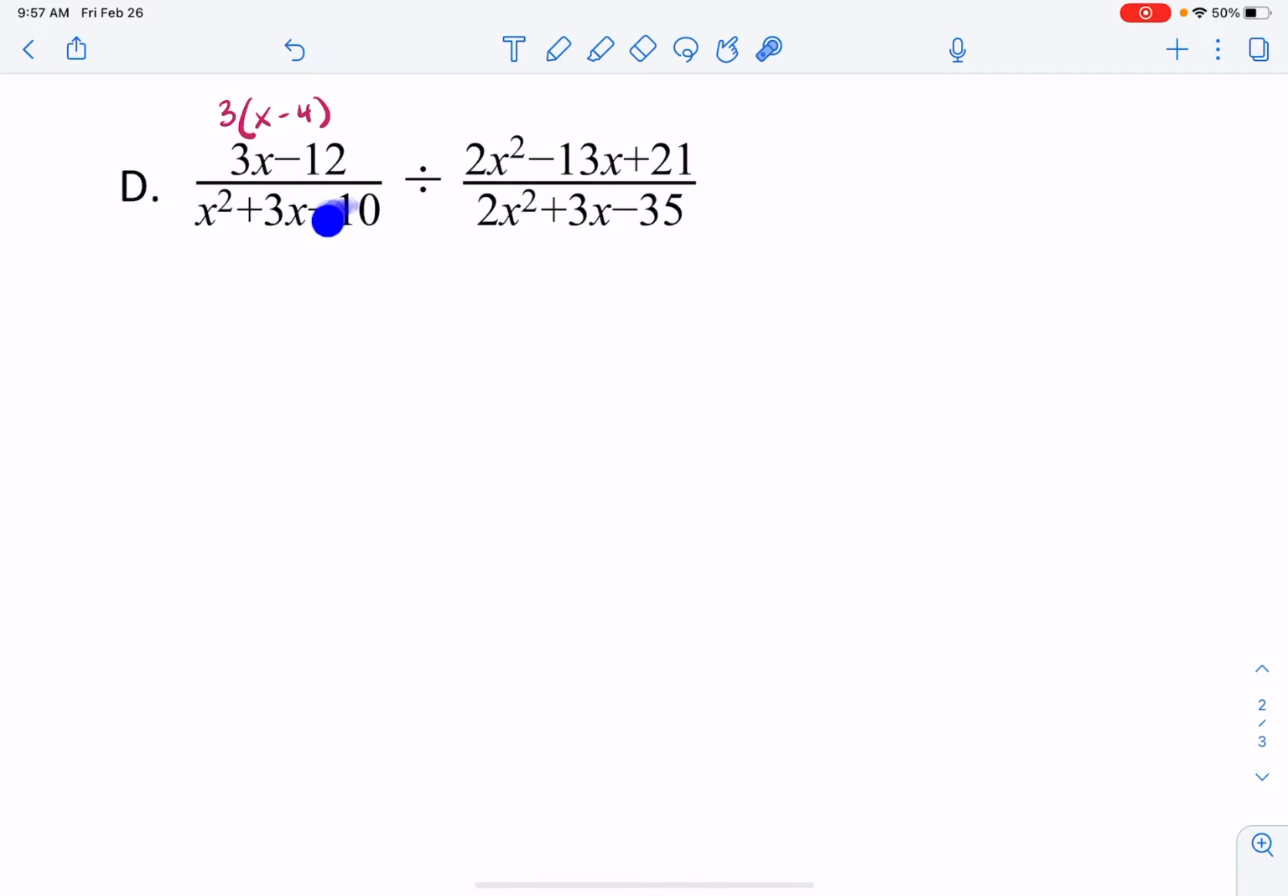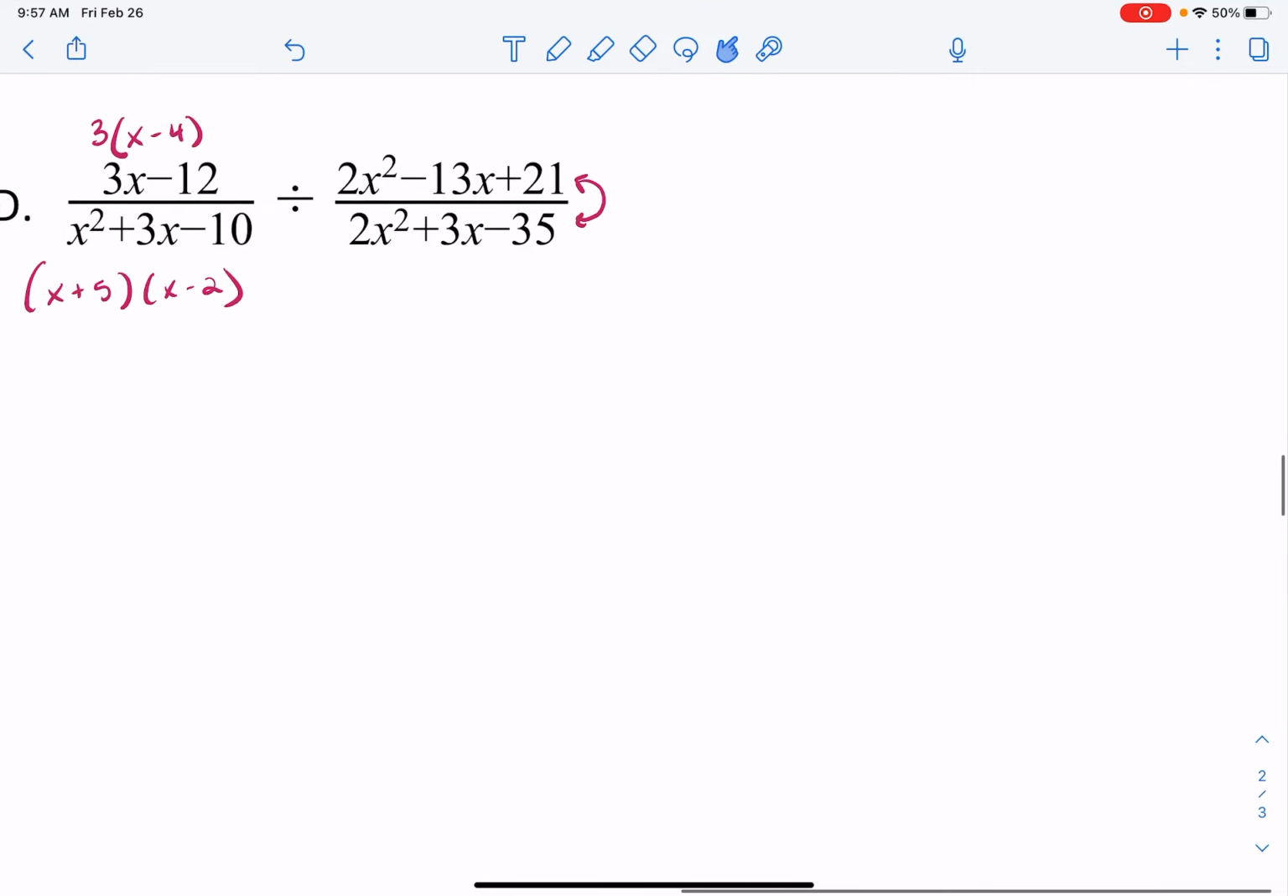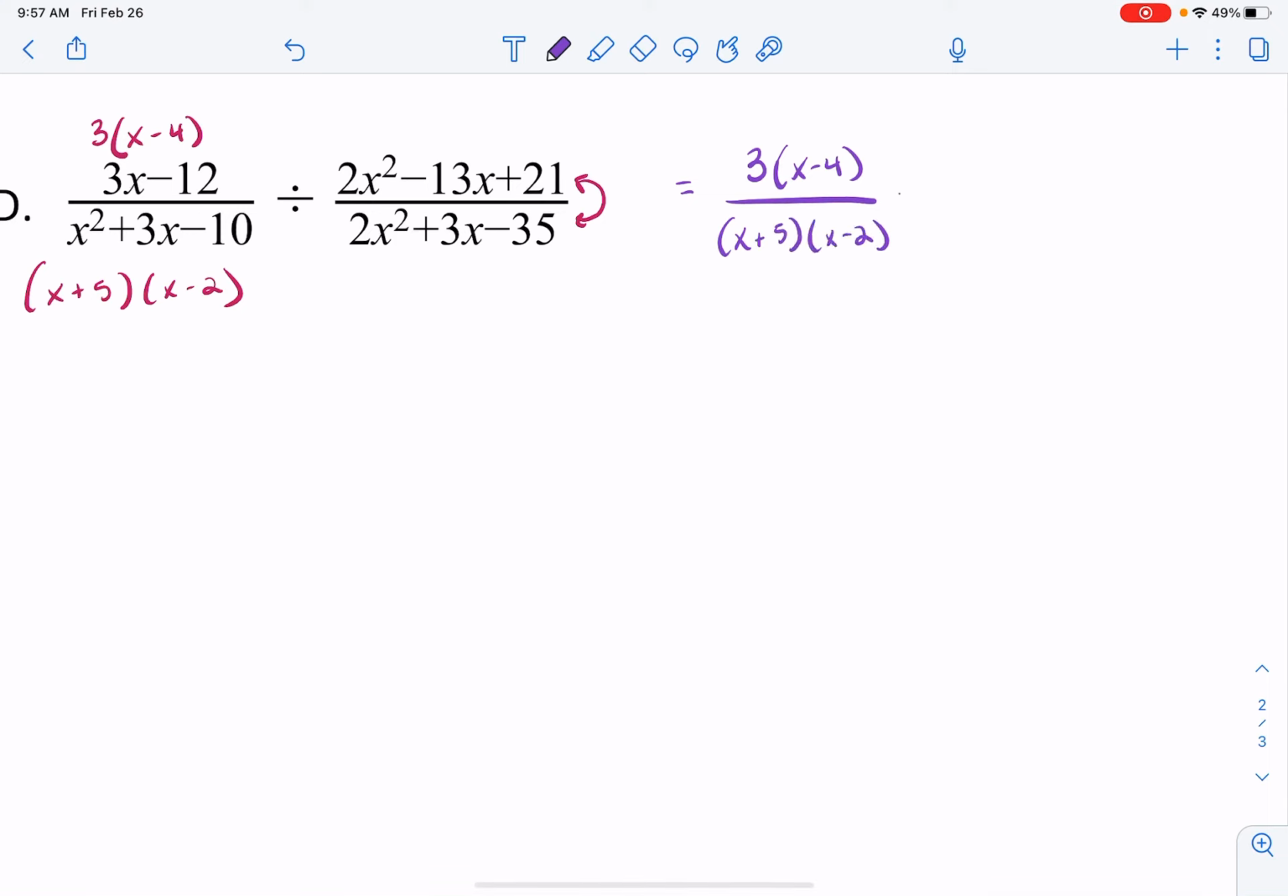And then what multiplies to be negative 10 but adds or subtracts to be 3? I think that would be x plus 5 times x minus 2. And then we need to flip these. So if I were to rewrite what we've got so far, that would be 3 times x minus 4 over x plus 5, x minus 2 times, now I'm going to flip these here. So this will be